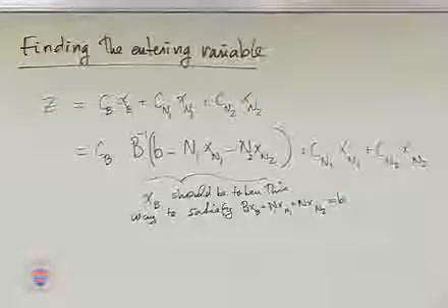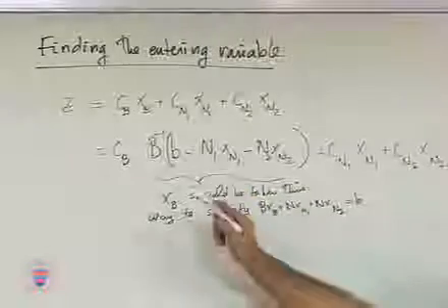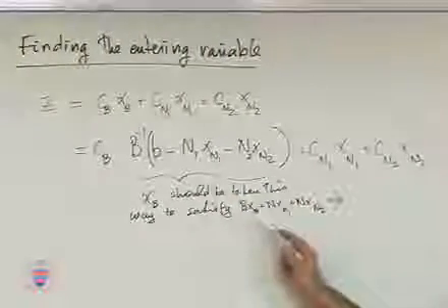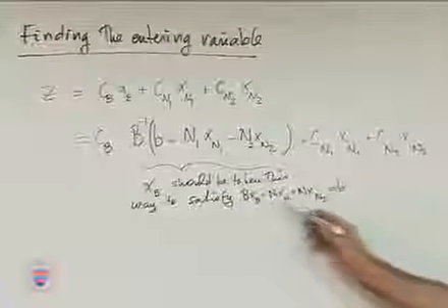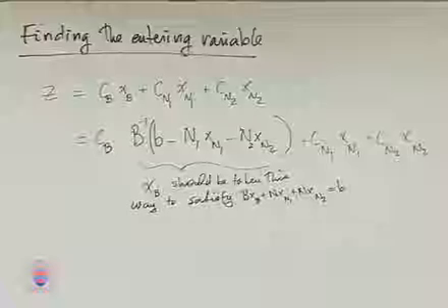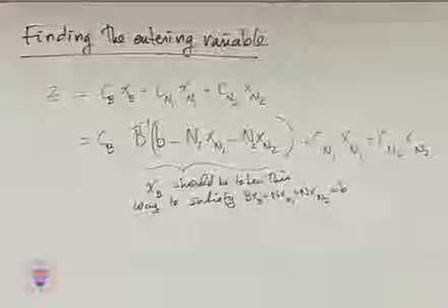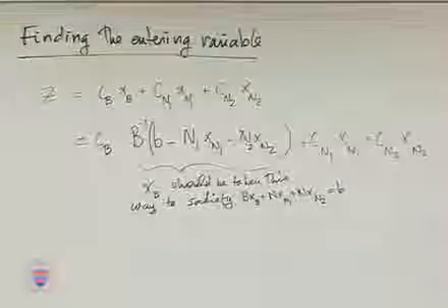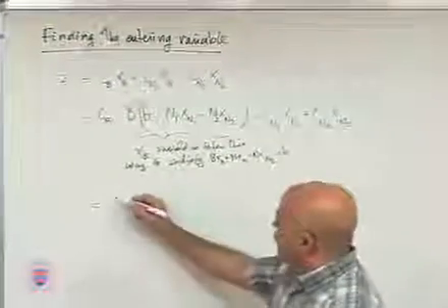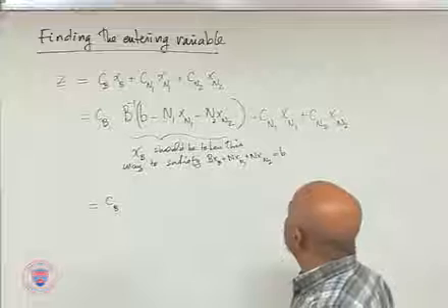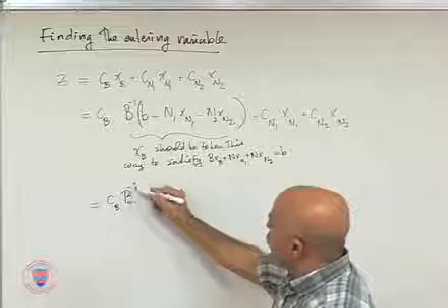So xB should be taken exactly the way we defined, B inverse times the parenthetical part, to satisfy the Ax equals b constraints. Okay? You just simply solve for xB using these constraints. That's it. Did we do it right? Yes. We did it right. Okay. So if you simplify this, what do you get? You get CB B inverse B